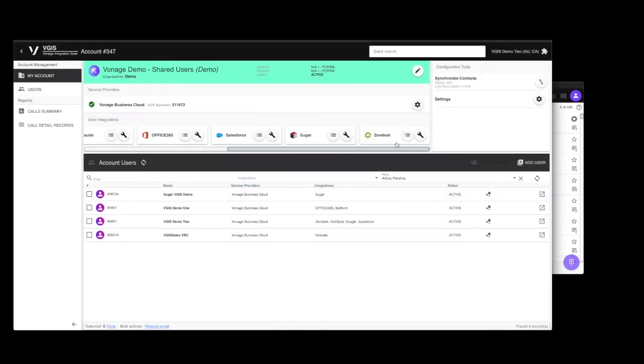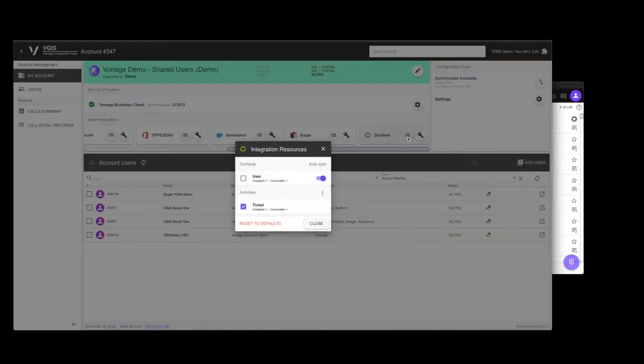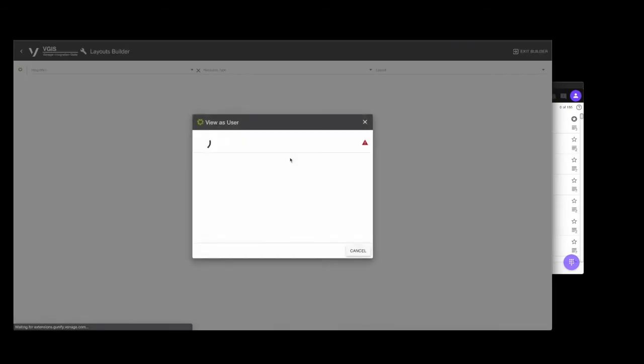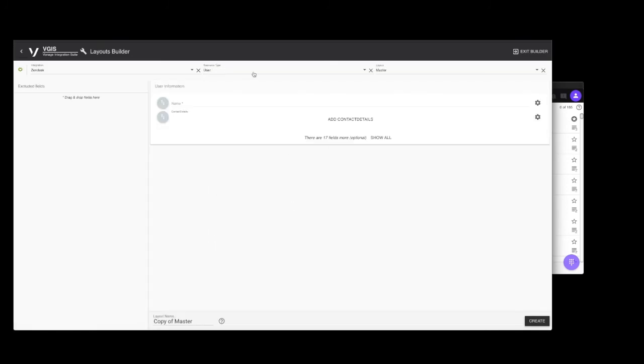The next stage in the customization process is clicking the first small button. This allows you to see where you're pulling your information to sync your contacts from and what type of activities. In this case with Zendesk, you only have the capability to do tickets. The final option is customizing the actual window that you see when the pop-up comes up. So let's take a look at that.